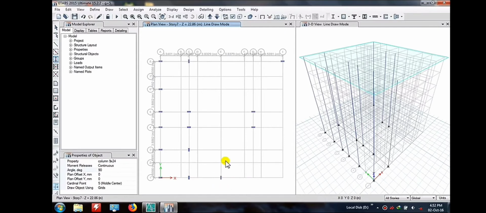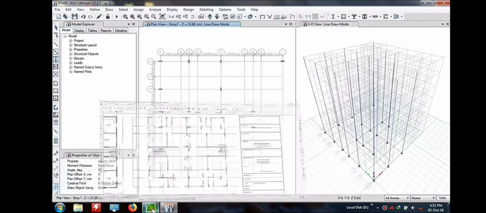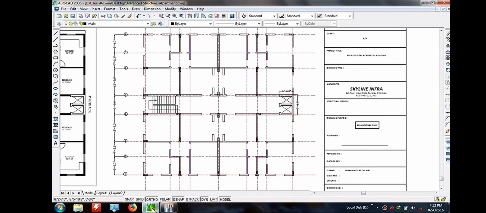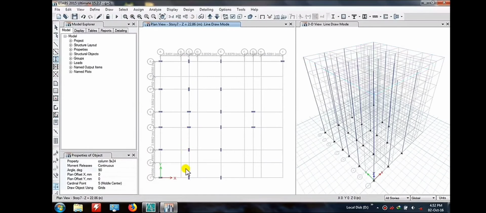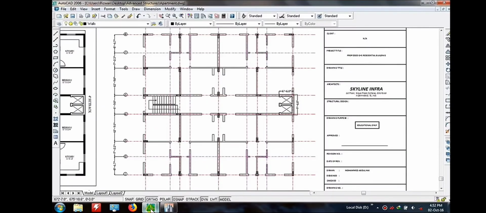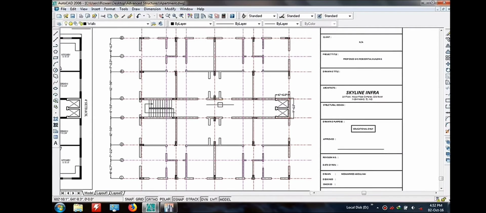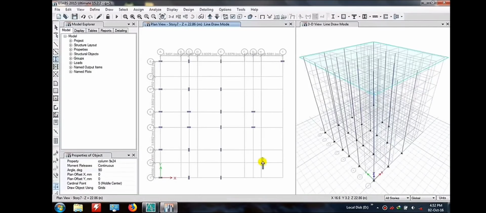So you can also make your column. So I am viewing my architectural design, so that I can define my column in the correct manner.